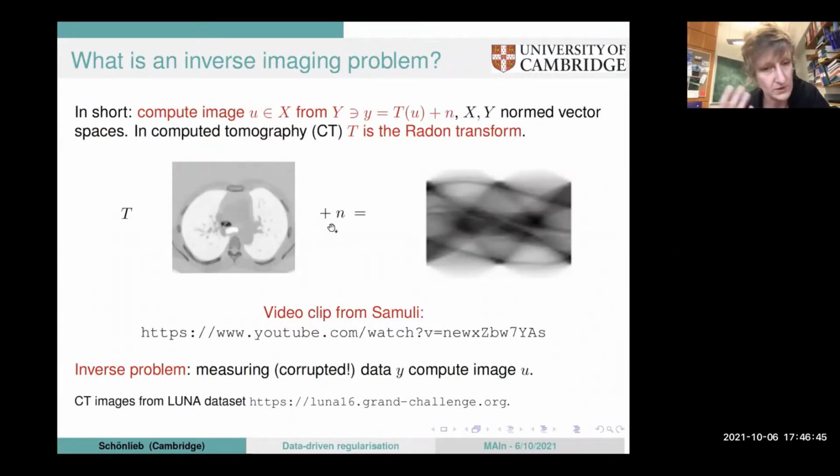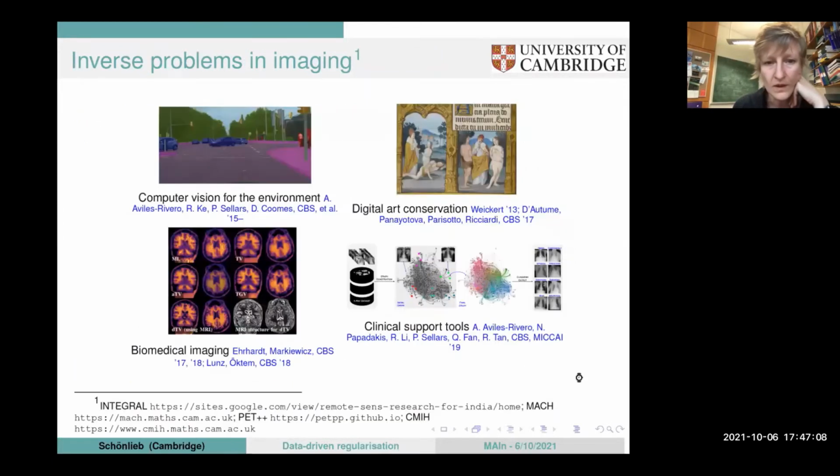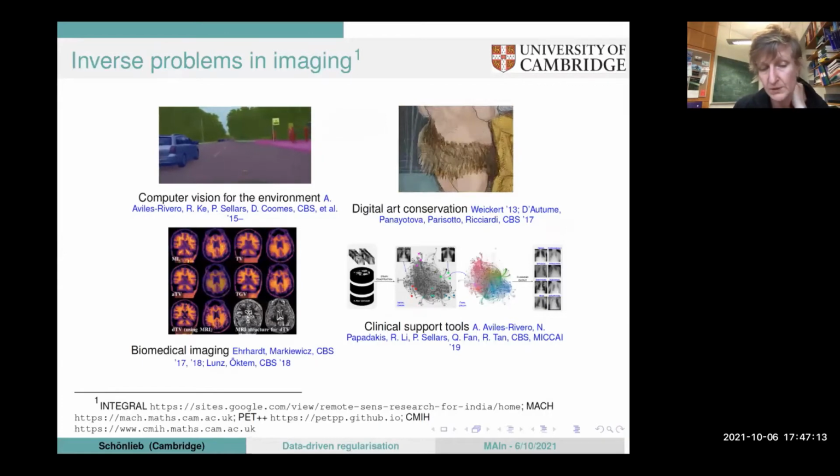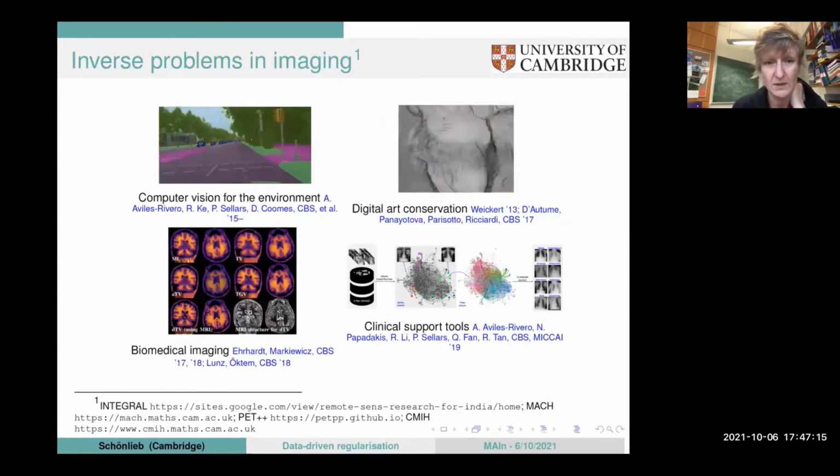Okay, so this is just an exemplar inverse problem of that kind in imaging. In general, we can think of an inverse problem where we are measuring such corrupted data Y, and we want to compute a physical quantity from this measurement that is an image in inverse imaging problems. More broadly, actually, these kinds of problems appear in lots of places in imaging, and maybe some of which are even surprising,